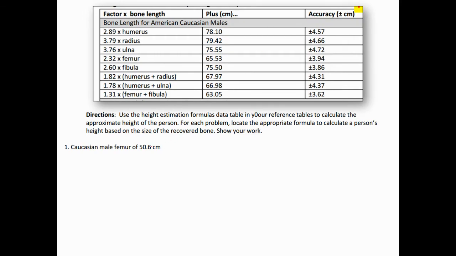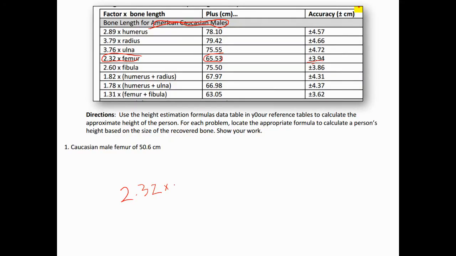Here we go. We got a Caucasian male femur that is 50.6 centimeters long. So we go to the part of the chart that is for American Caucasian males. And then we know it's a femur, so we use this part of the formula. And we add on this, and here is our accuracy. Okay, so I'm going to write this nice and big. The answer would be